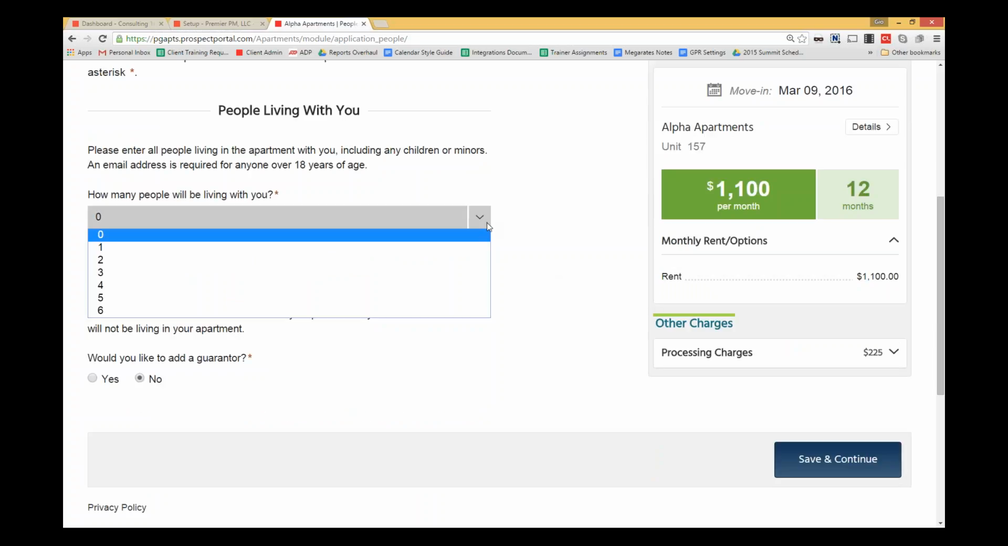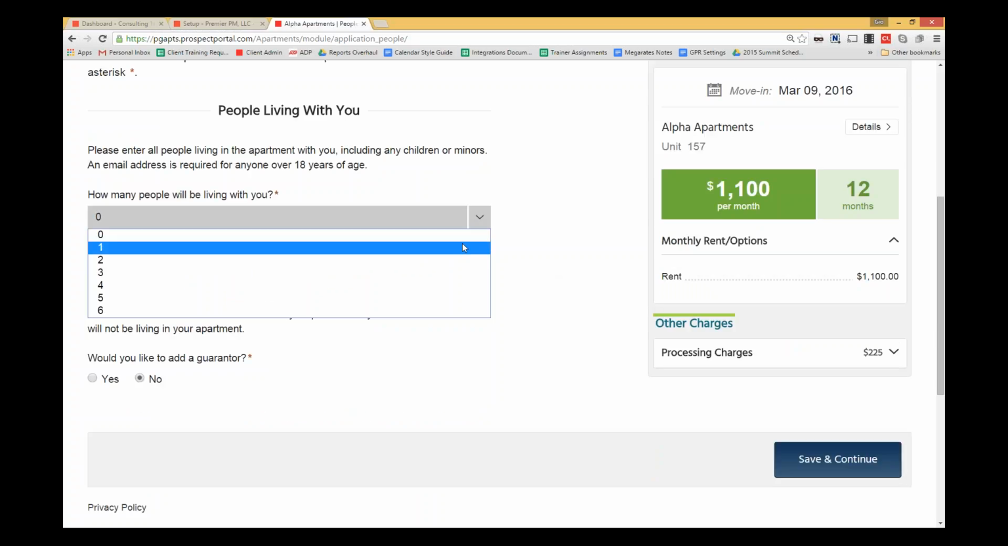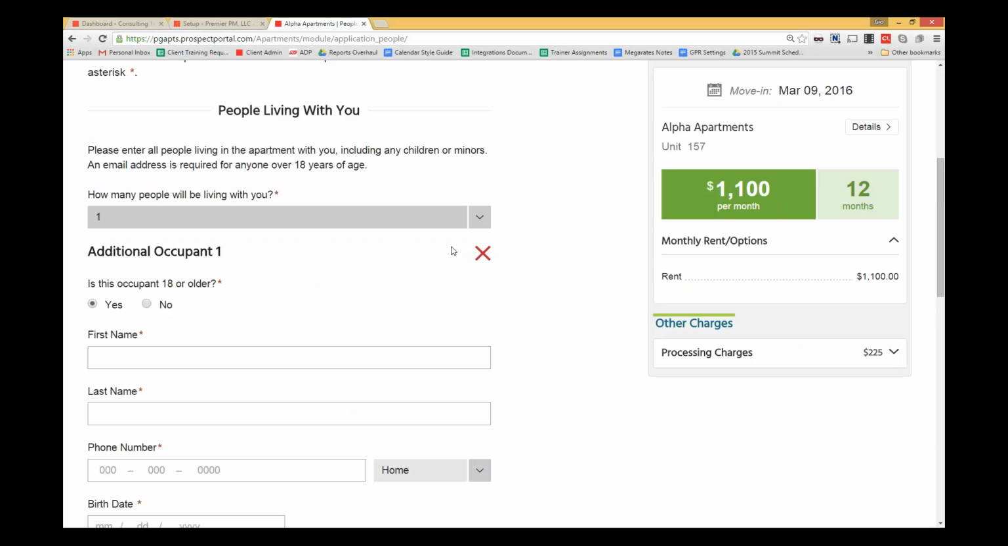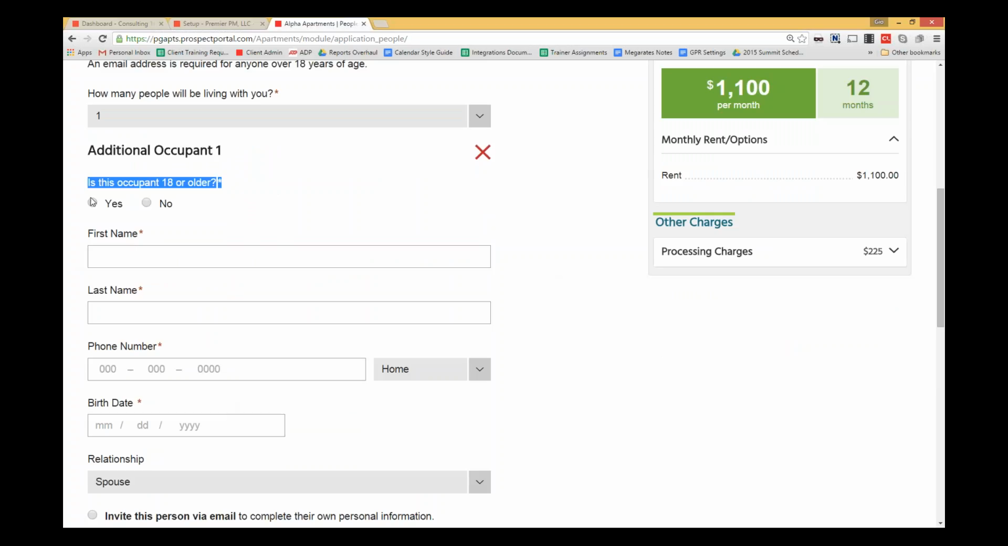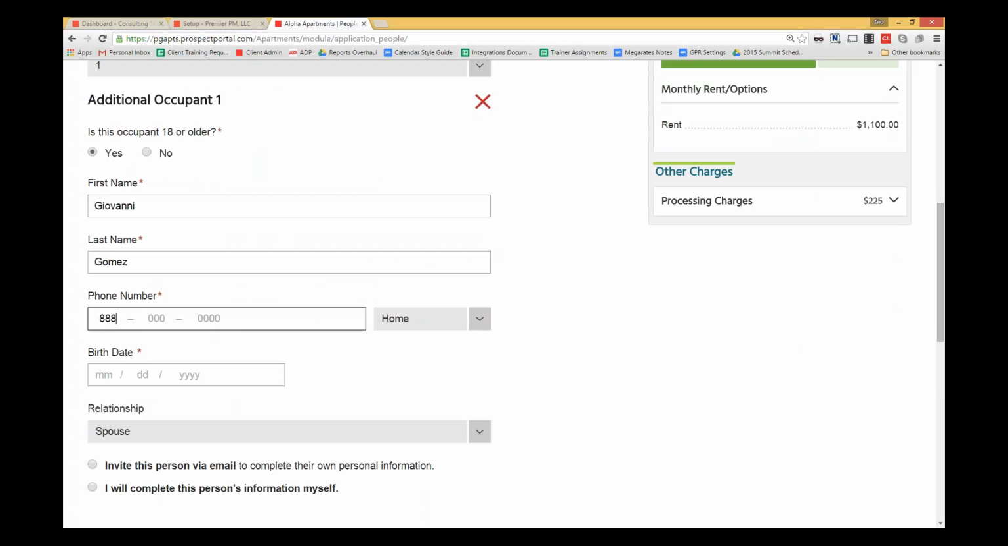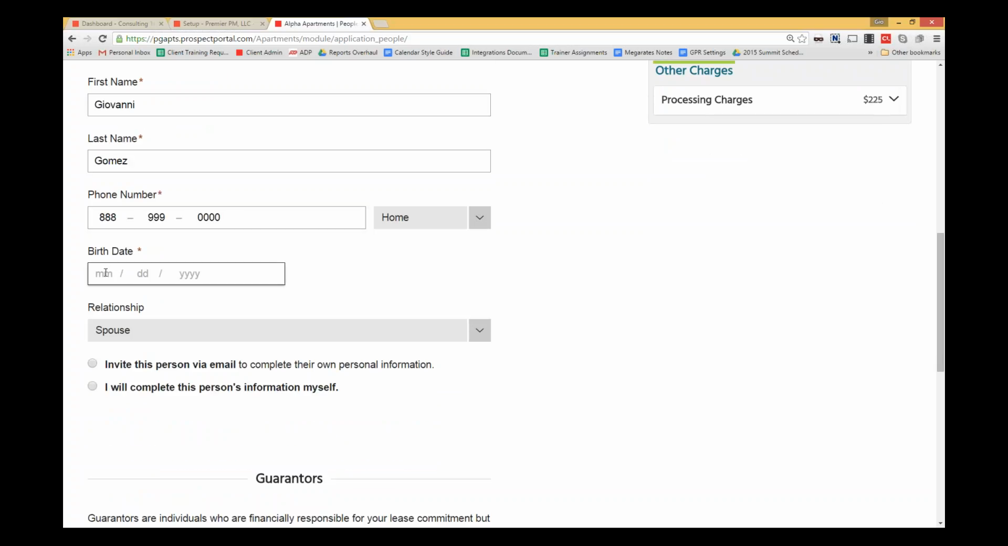Let's say that I am applying with a spouse, so I'll select that there's going to be one other person here with me. The system will ask if this person is 18 or older. We'll put yes, and then I'll be able to start adding the information for that person. Now, when we do so, you'll notice that we have down here at the bottom, and I'll get to that in just a second,